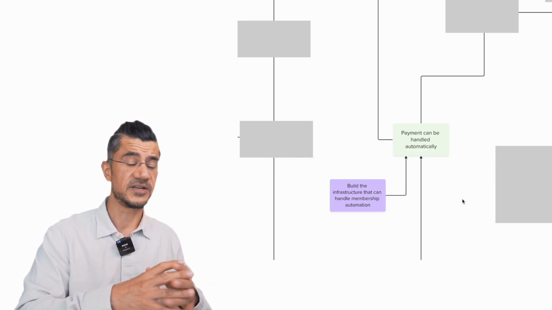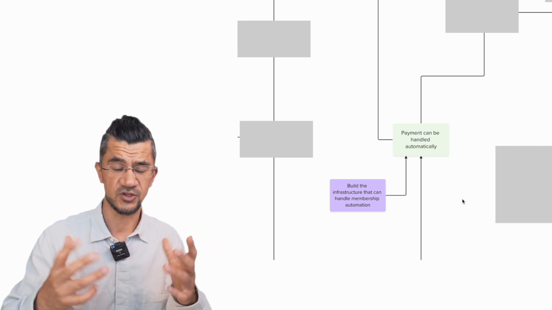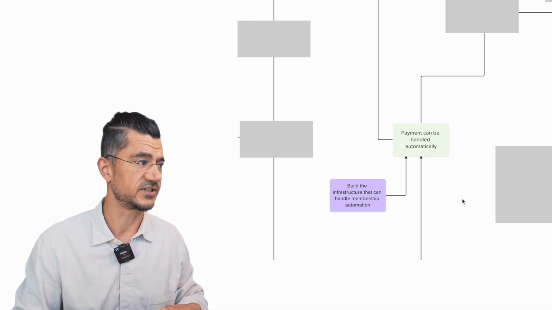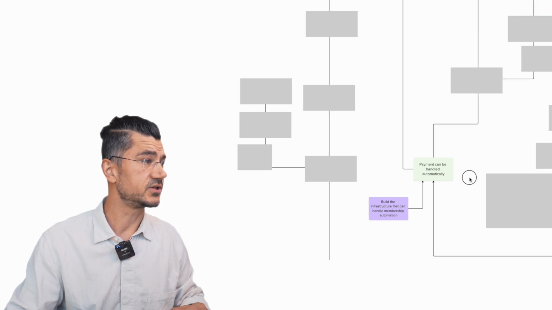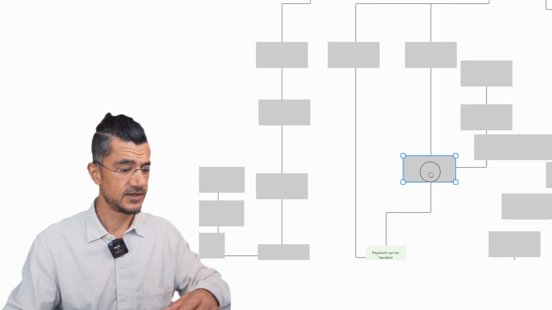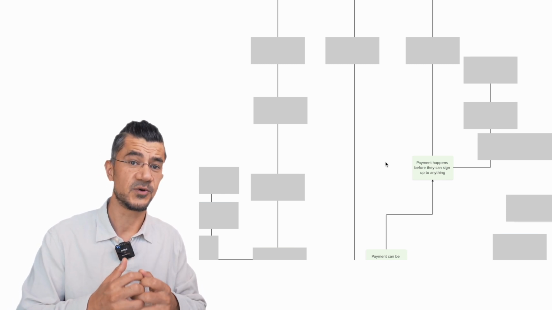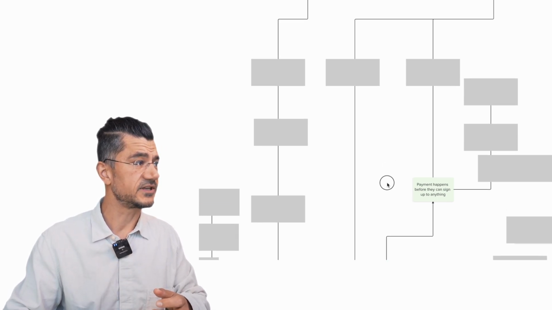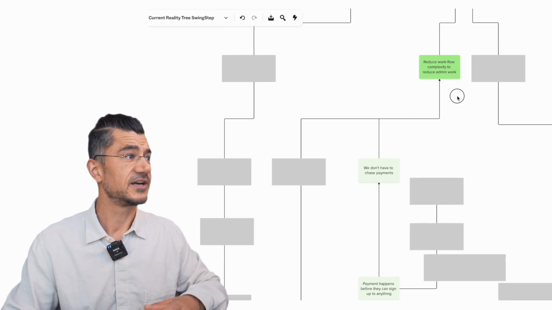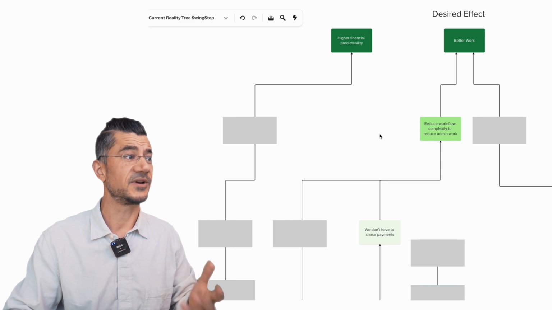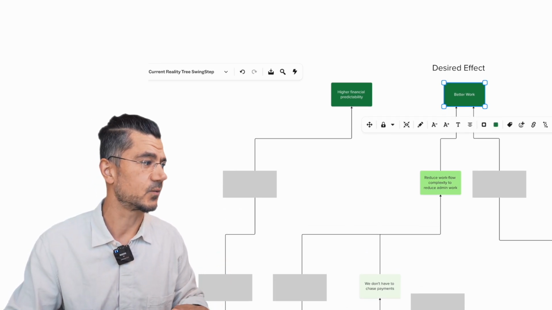And by building it, I meant implementing commercially available membership infrastructure that you can have, for example, on WordPress pages. We used MemberPress for that. And once you do that, you can, for example, have payment happening before people sign up to any of the courses, which means we don't have to chase the payments, which reduces the workflow and the complexity of the administrative work, which will improve our work situation.